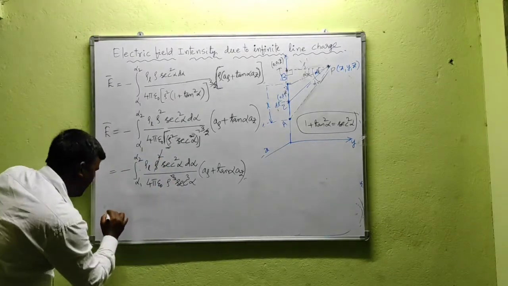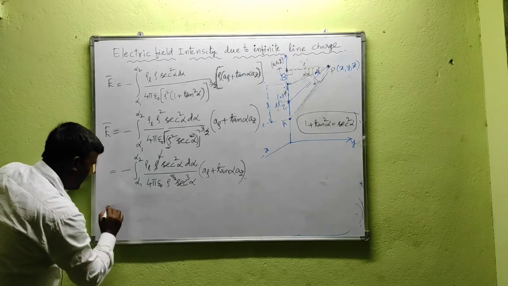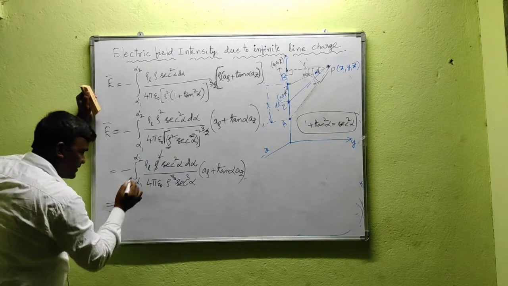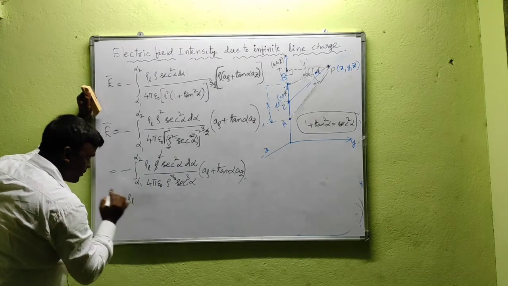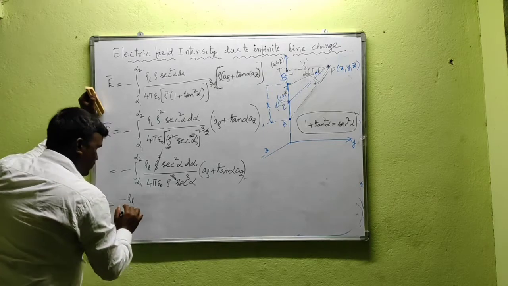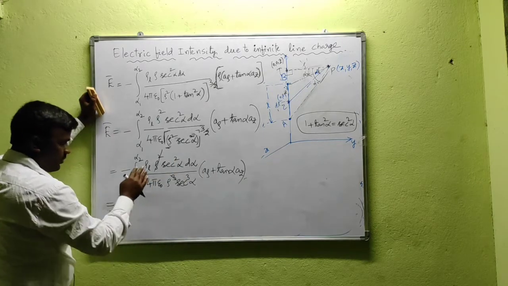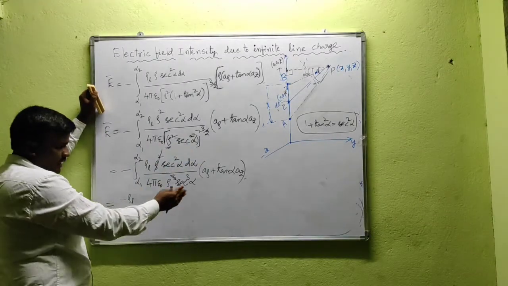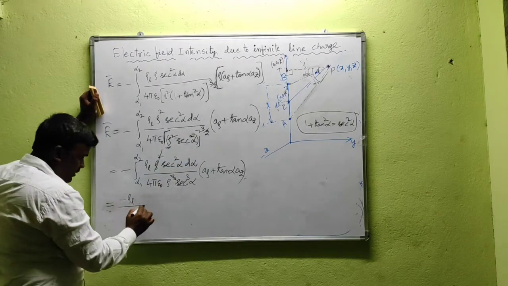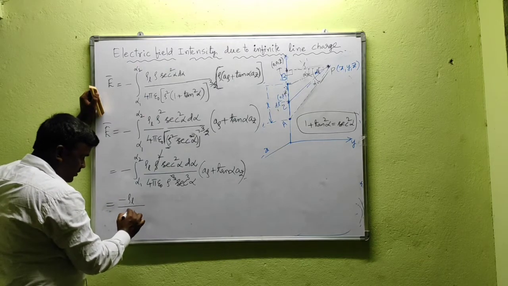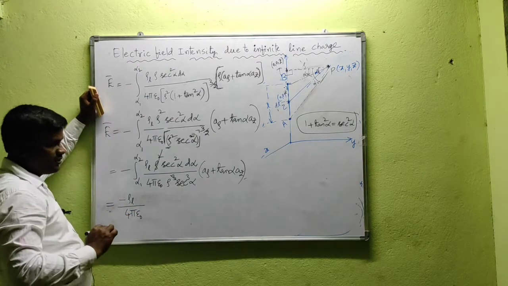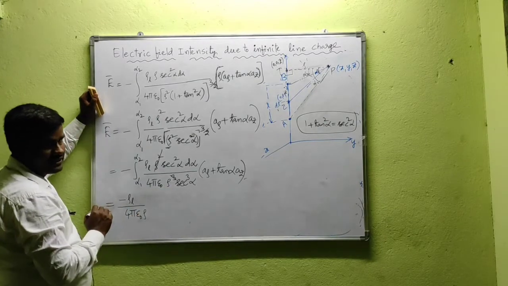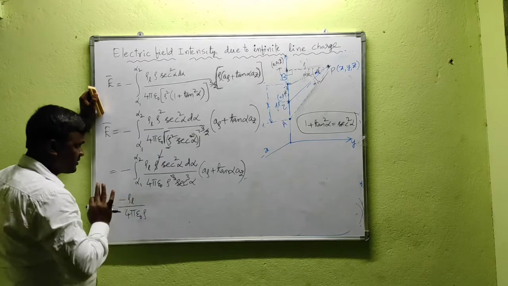By rho. And here integration with respect to alpha means remaining are treated as constants. Rho L is uniform line charge density, means it is constant. Only the alpha terms need to be considered inside the integration. Remaining need to be written outside of the integration. 4 pi epsilon naught is also constant, and rho itself is constant because it is a perpendicular distance, that is the distance is constant.